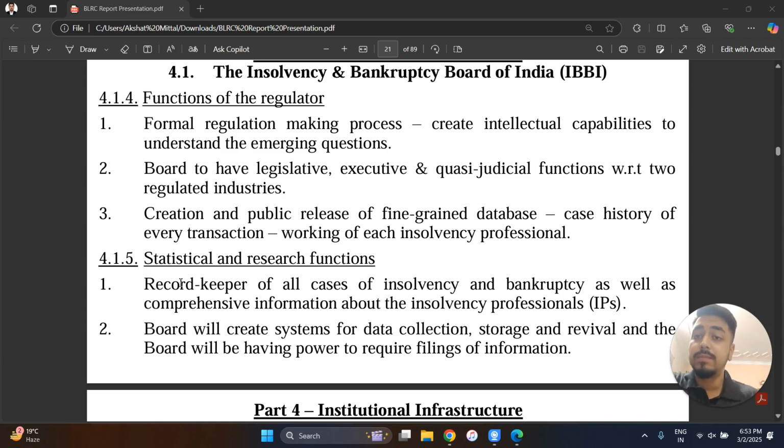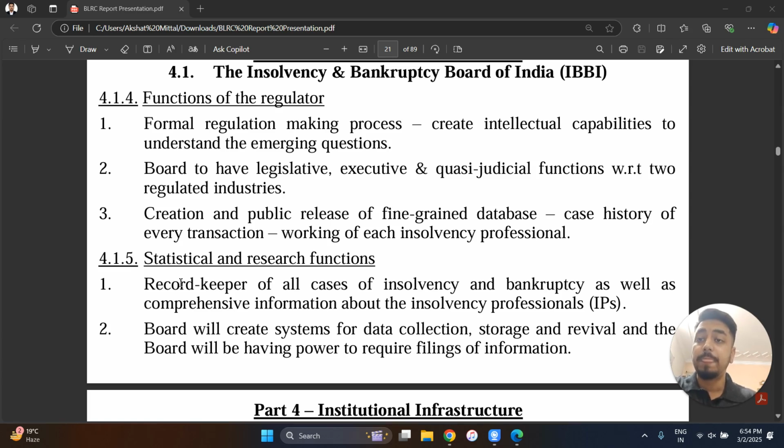Usually, if you visit the website of IBBI, you can find there will be a separate column wherein the IBBI has published disciplinary proceedings taken against the insolvency professionals. So those taking up of disciplinary proceedings against insolvency professionals is one of the examples of the quasi-judicial functions of